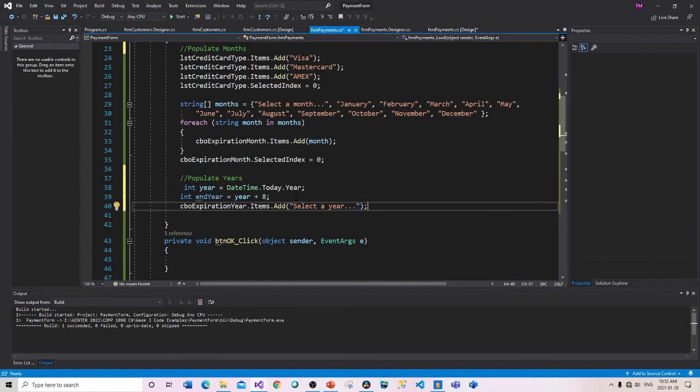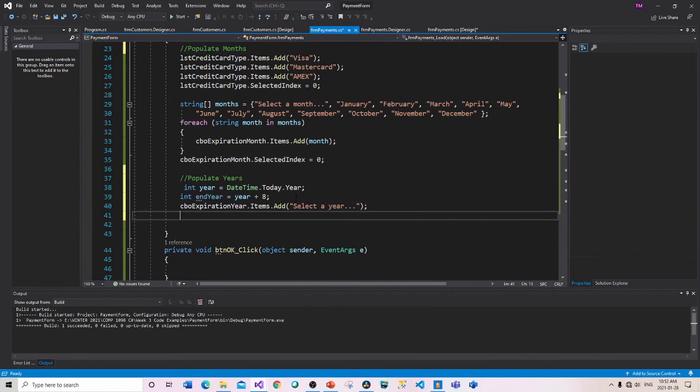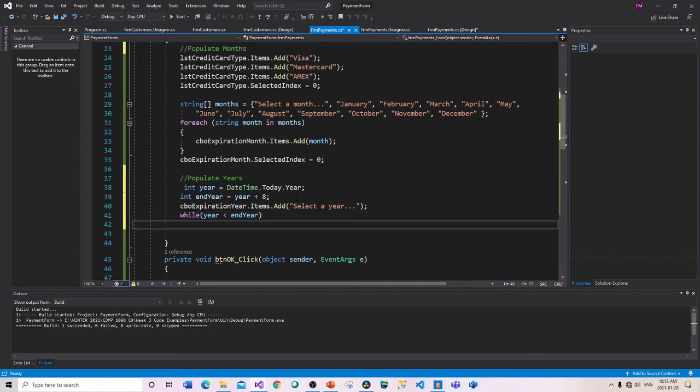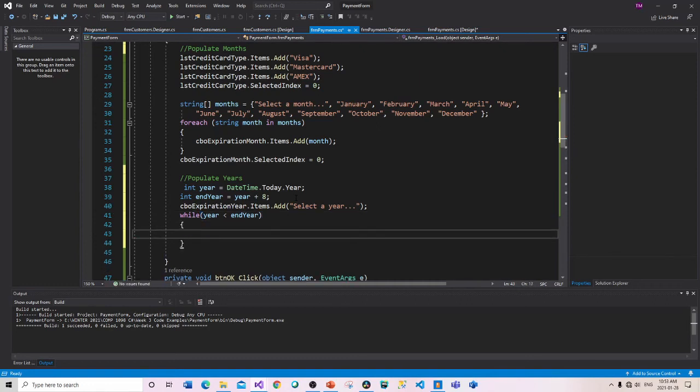I was getting the error because I missed the bracket. So we're going to do a while loop here, and the while is just going to be a condition. So while the year is less than the end year, okay, which is basically saying, hey, we haven't expired. Then what I want to do is say